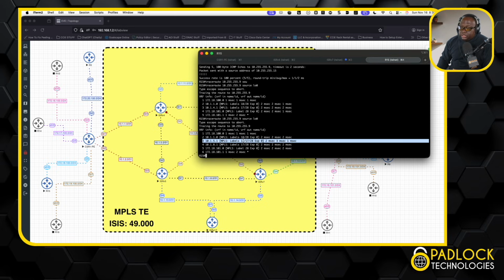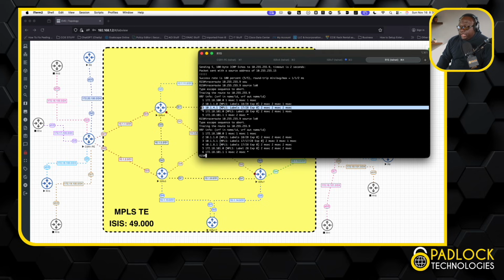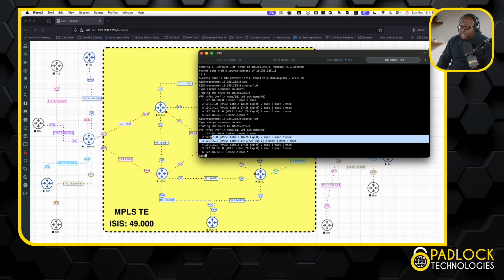Now, this is where labeling your labels, like your label range, would work for you because this can cause confusion. But what I was telling you is this label 17 is basically saying, hey, your backup LSP is going to kick in and I'm sending you a remote label of 17. So what I did was I put label 17 on there to go to router 5. But the original LSP label, this right here, 1728, still needs to be attached